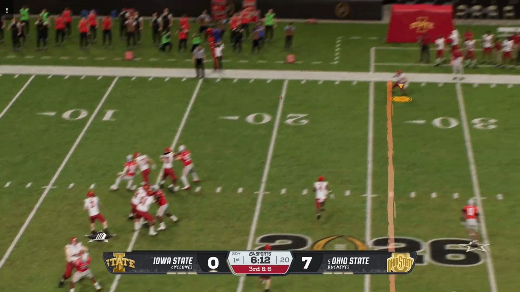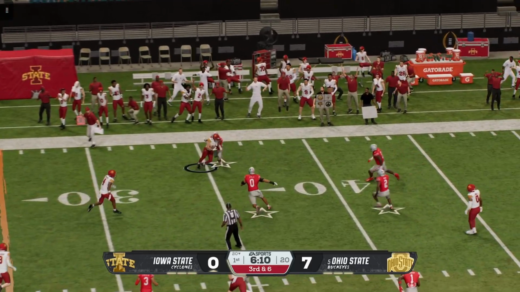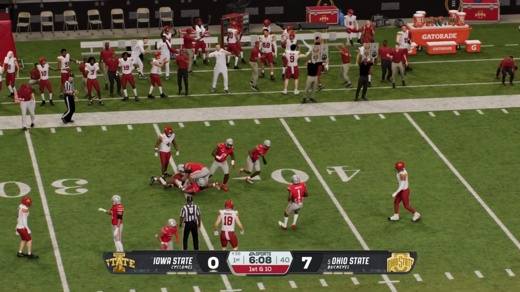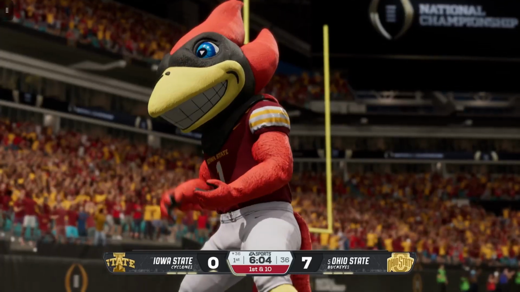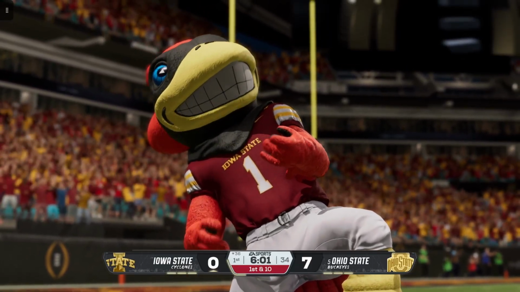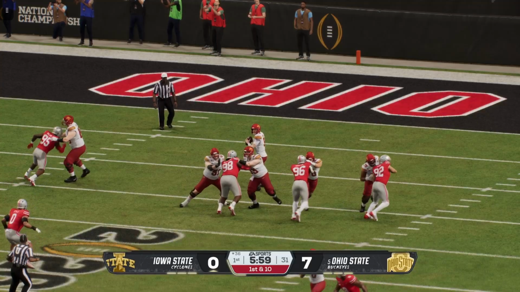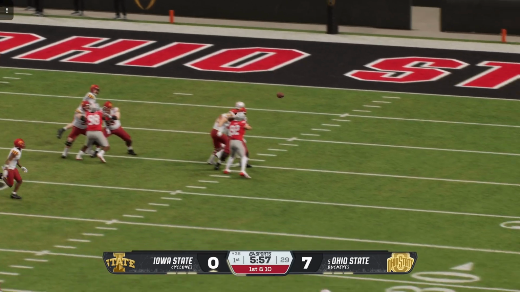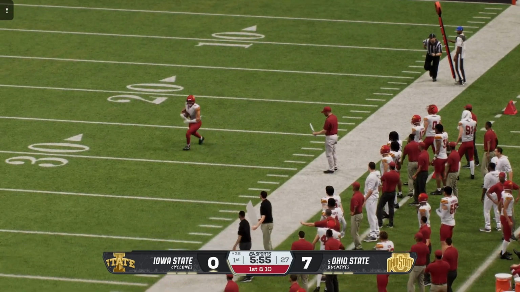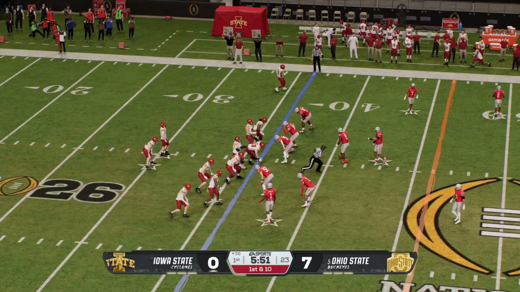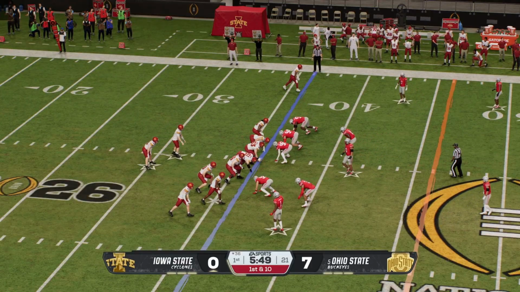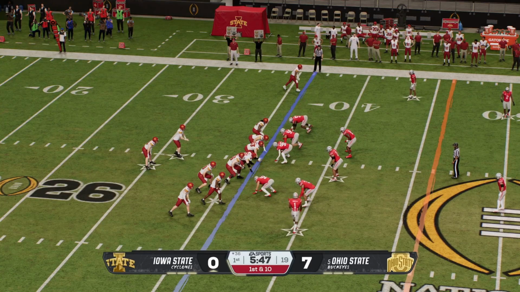Dropping back, they're going to throw for the first down. Grab near the sticks. It's Green. They get him down, but the gain moves the ball up to the 36. They bring him down, but the junior quarterback showing off the cannon. What a clutch play here by this offense to convert on 3rd down. I know it's still early in this game, but the fact that they've dug themselves a hole to convert there and keep this drive alive, they got a new set of downs and a chance to dig into this lead.